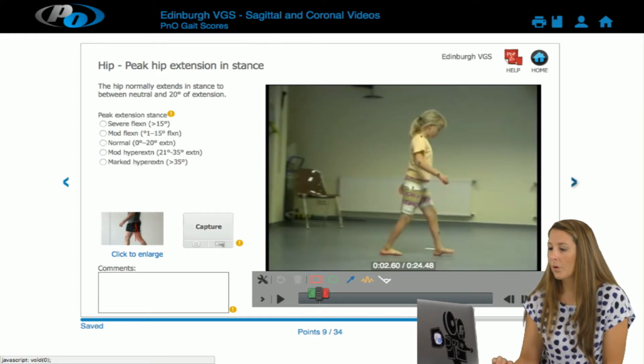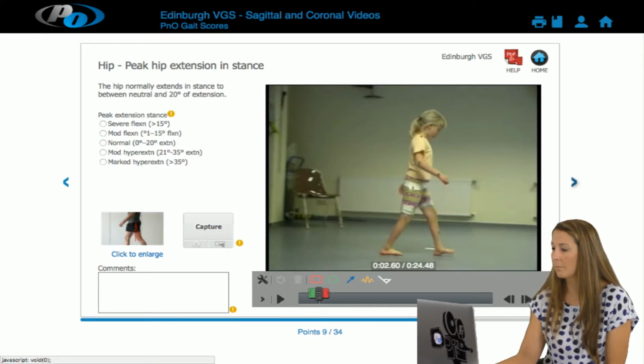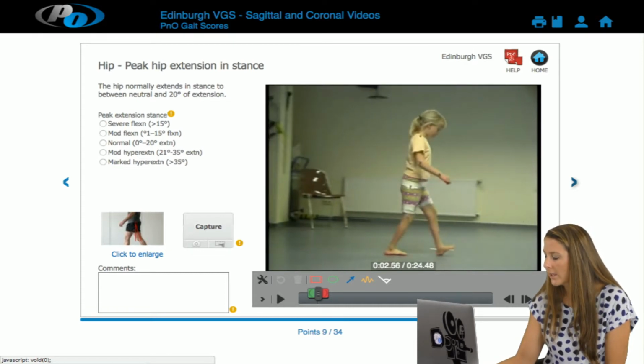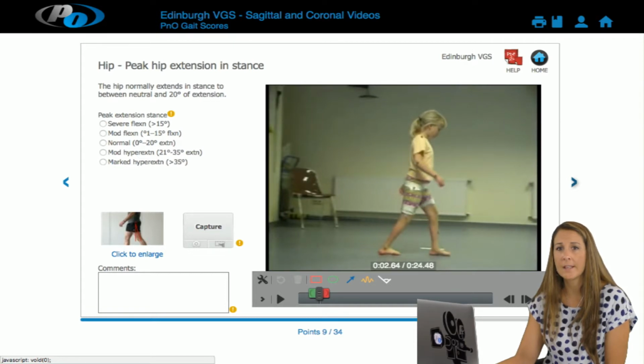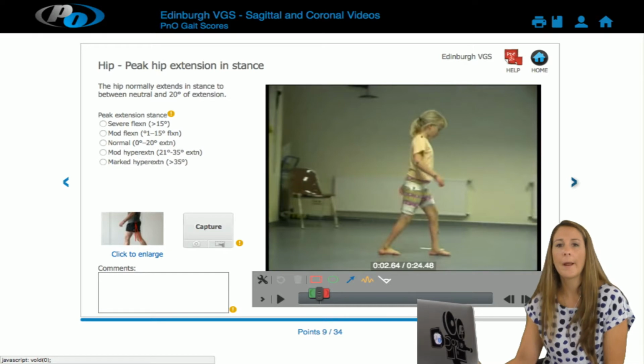Now the hip, we're looking for the peak hip extension in stance. In normal gait, we do see the peak hip extension in stance in terminal stance and pre-swing. So we'll just go ahead and look observationally. She looks like she's still a little flexed here, and then she's extending, and then she's still extending a little bit before she starts to flex. So we'll go ahead and go back to that